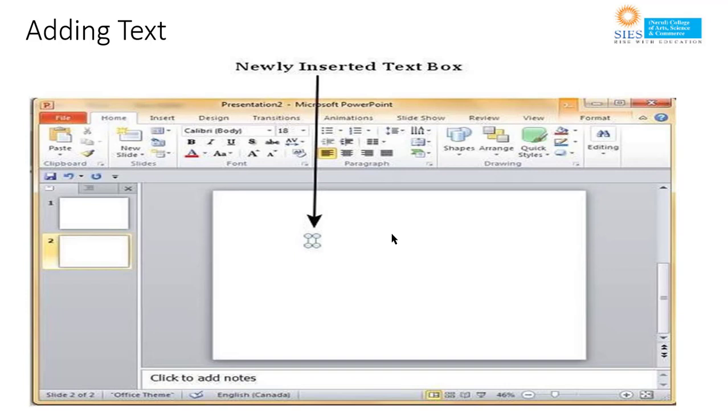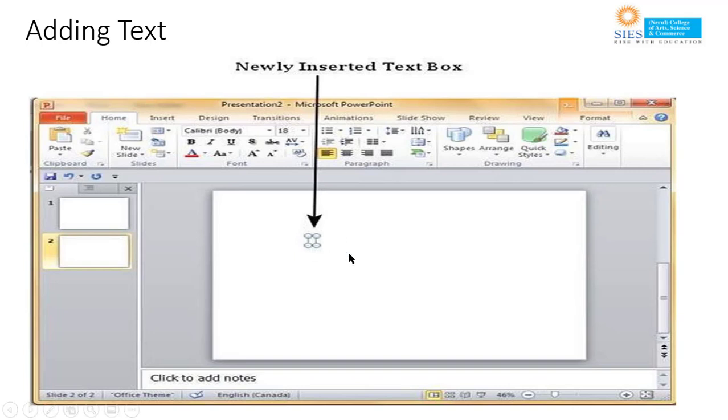And the fourth one is, alternatively you can click and drag the cursor without releasing the click to create a text box. So the size of the text box can be adjusted by selecting one of the edges marked by the square corners here.